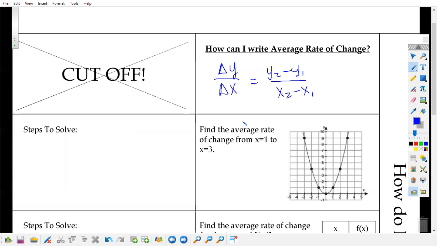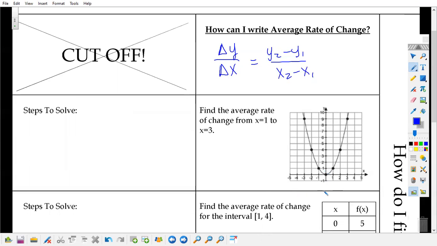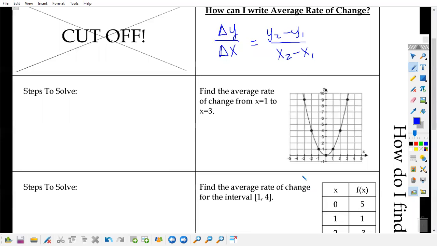All right. So keeping those two things in mind, we're going to be using that information for the rest of the foldable. Okay. Here we have 4 representations of a function. The first representation of a function that we're going to look at is the graph. Okay. How to find the average rate of change from a graph. We're going to write the steps and then we're going to follow the steps. Okay. All right. So step 1,